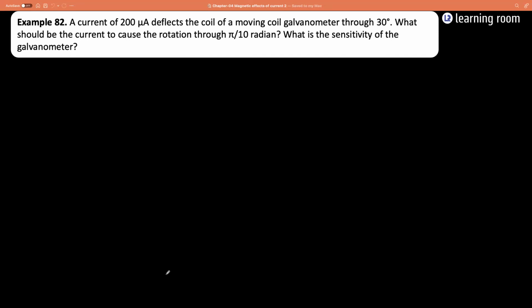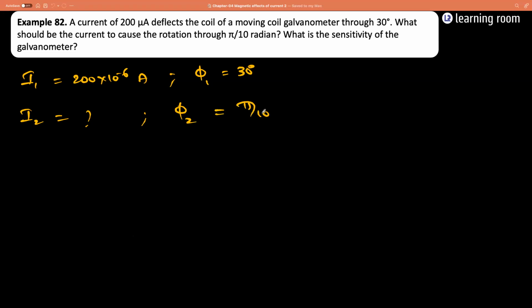A current of 200 microampere deflects the coil of a moving coil galvanometer through 30 degree. What should be the current I2 for phi2 to be pi by 10? What is the sensitivity of the galvanometer? So what will be the case? I1 by phi1 will be equal to I2 by phi2. Am I right? Because for the same galvanometer, the current sensitivity, or figure of merit, is going to be the same,